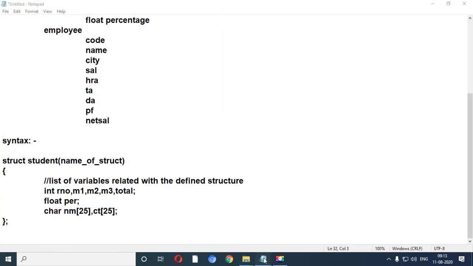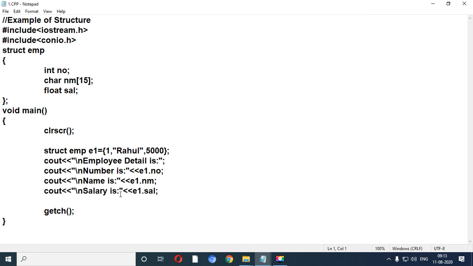Let me share the notepad file of all the three programs. Example of structure: three variables we have declared, the structure keyword, name of structure, variable of structure, and values I have passed in the same line.